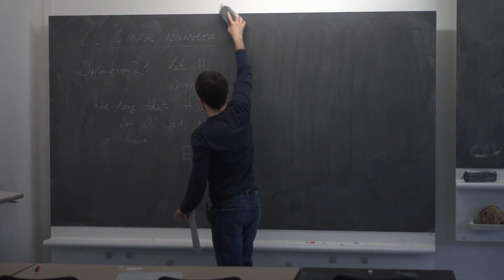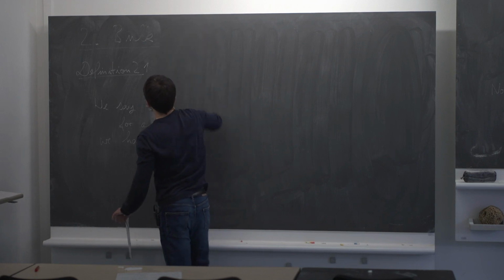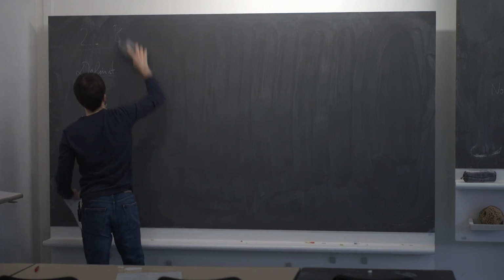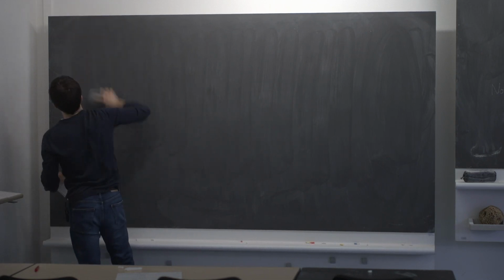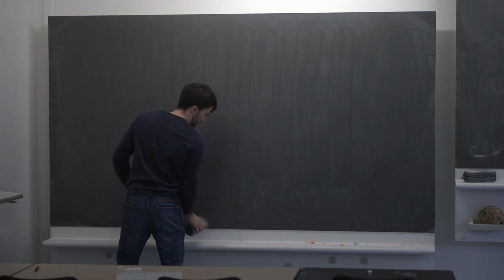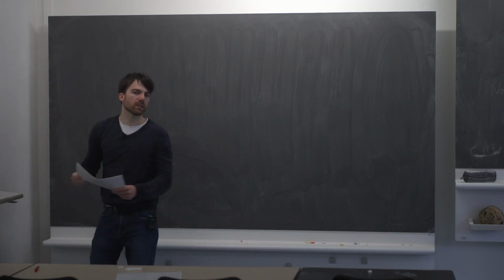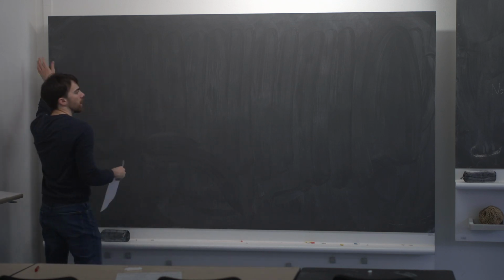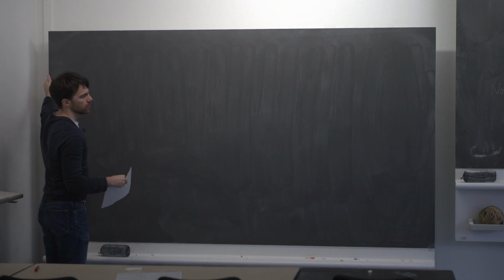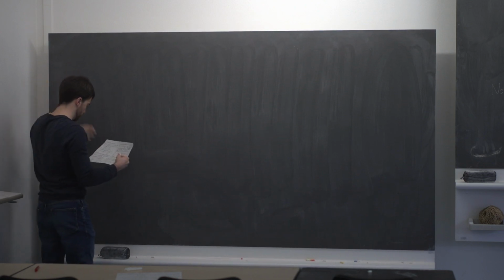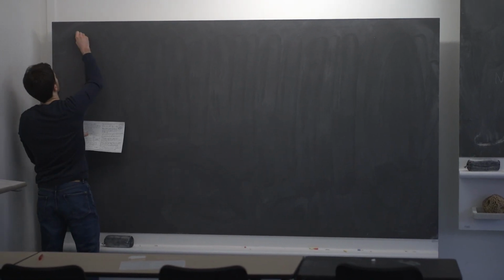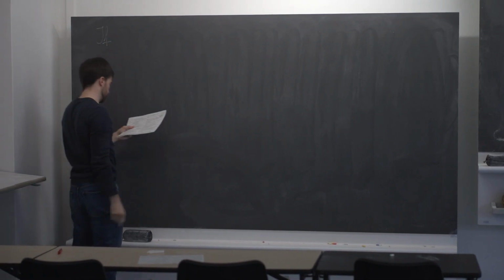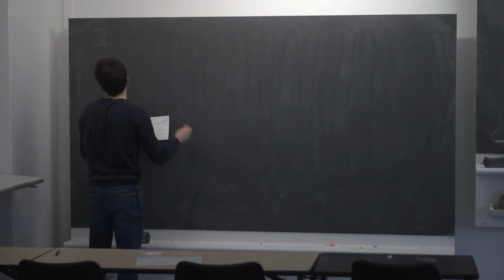So in general, it's not true that the entries of H are absolutely continuous with respect to the Lebesgue measure, as we had it in the case of GOE. And in that case, we defined the k-point correlation functions. But now, if my H has a